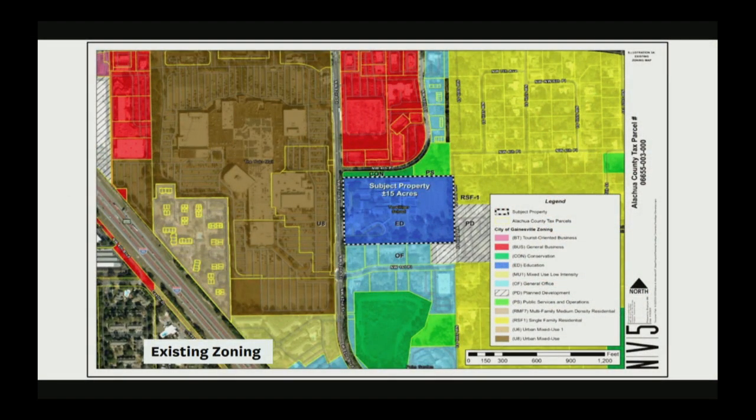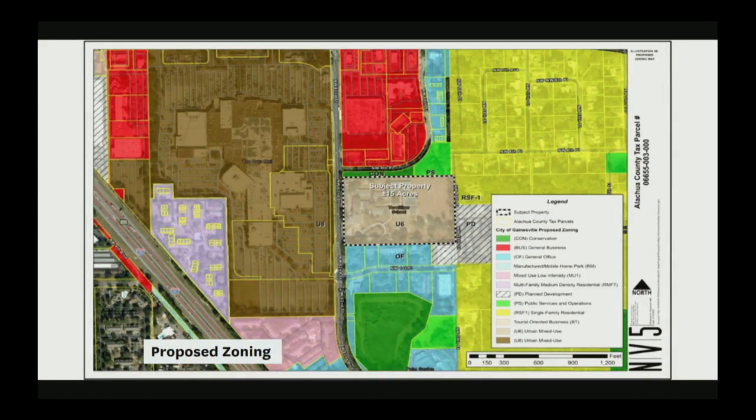Here you can see what that looks like. Off to the west is the Oaks Mall, primarily with zoning designations of U8, the property with ED. You've got some offices to the south and residential single family now off to the east, and a planned development as well. There is a piece of conservation land immediately abutting the parcel to the north, and some public services as well.